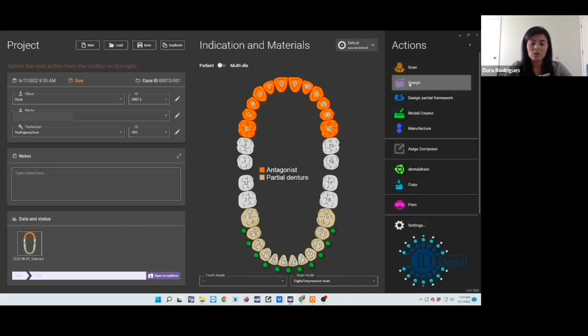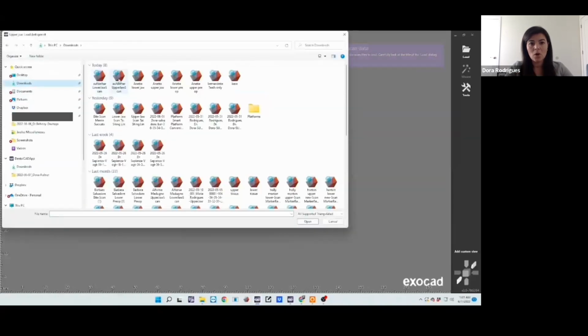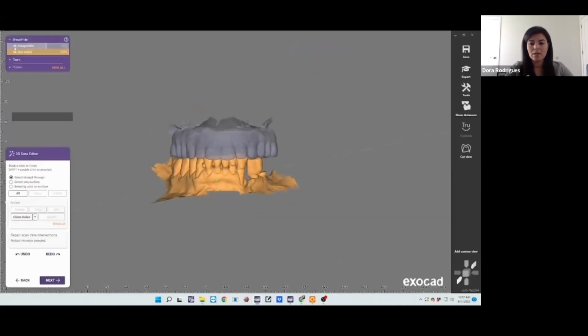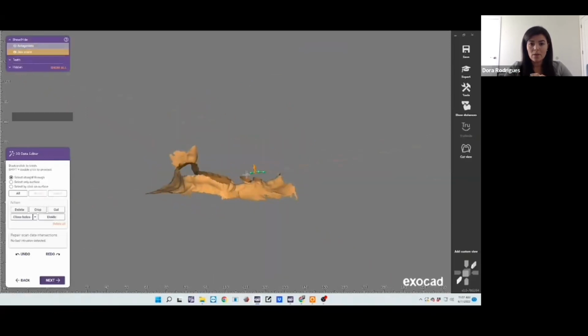And I like the partial denture because you're not locked in like you would be for a denture, and you are able to do different things within the same scene. So this is just a little bit of the workflow. So we decided to do lower. We're importing our STLs. We're removing the teeth that we're going to